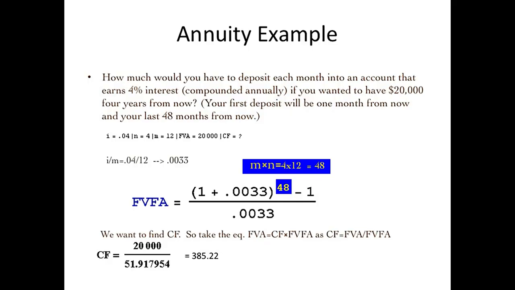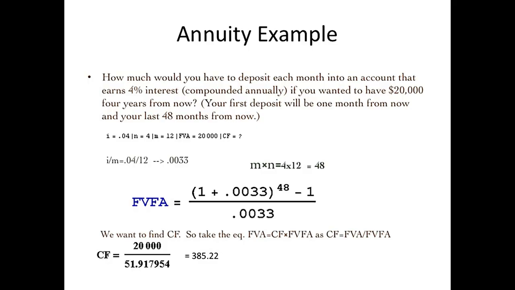Given that these are annuity payments, we're really looking at monthly payments. The number of payments in this annuity stream is 48. So that's the 48 that you need. And then you also need the monthly rate from the annual rate that you're given, which is 0.0033. So if you calculate those things and put them in the formula, the future value factor for annuity,